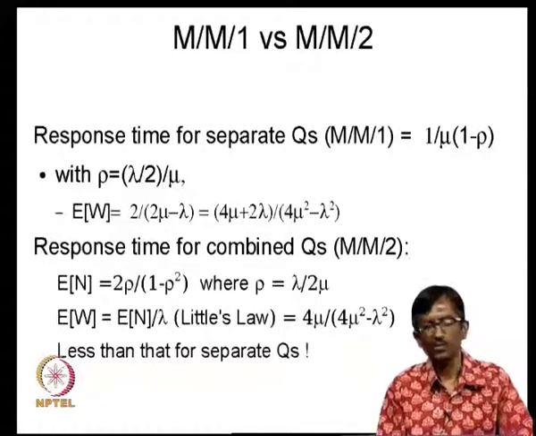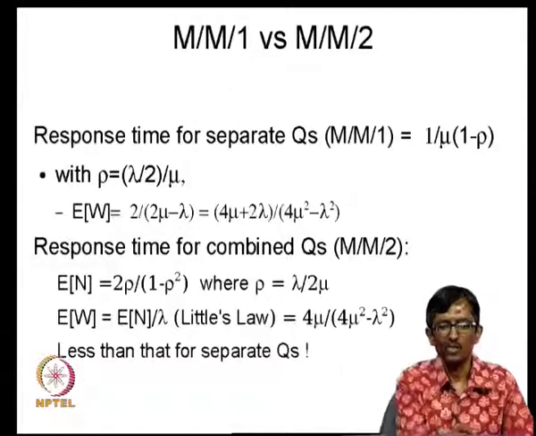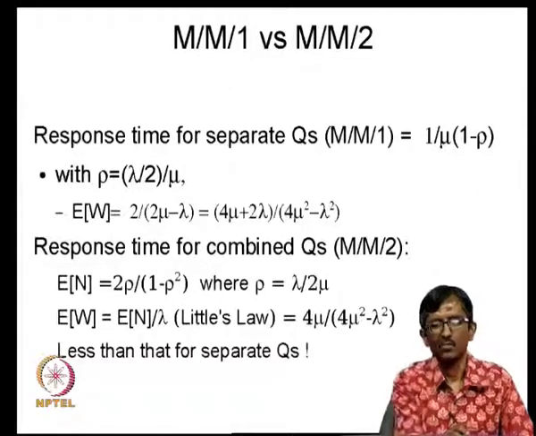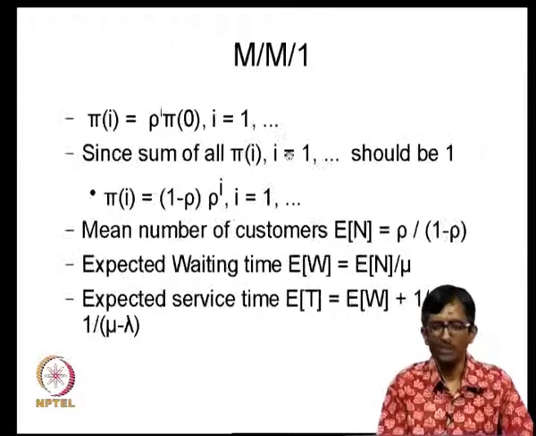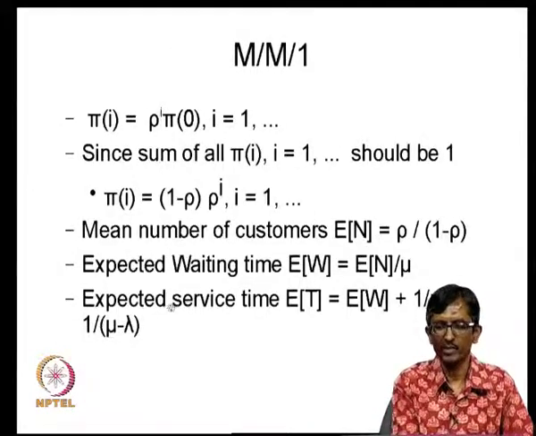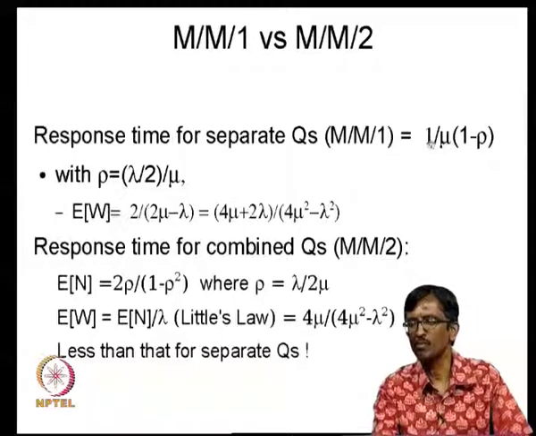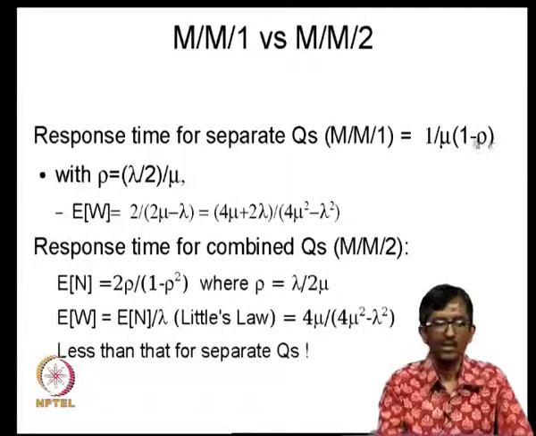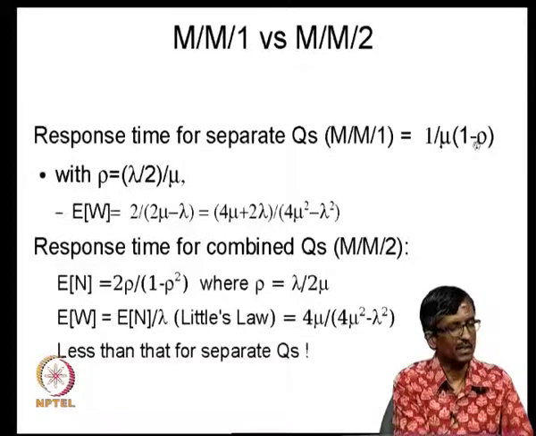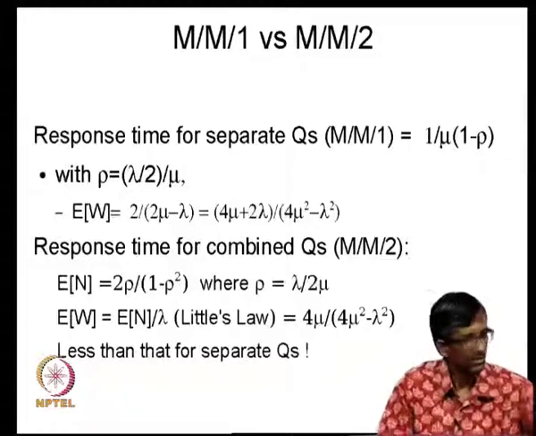So if you do this MM1, that is how we did MM1 here. So now if you take the response time for separate queues, this is basically 1 by expected service time, 1 by mu minus lambda, that is what I am putting here. It is the same as that, 1 by mu minus mu into rho, since mu into rho is basically lambda. Now the situation right now is, what is rho for the separate queues? If you remember this,